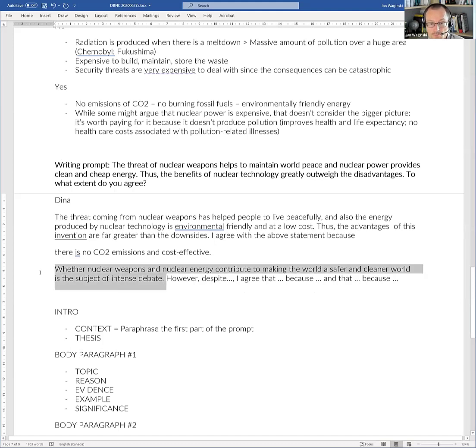Okay, whether nuclear weapons and nuclear energy contribute to making the world a safer and cleaner place. Subject of intense debate. Okay. However, despite